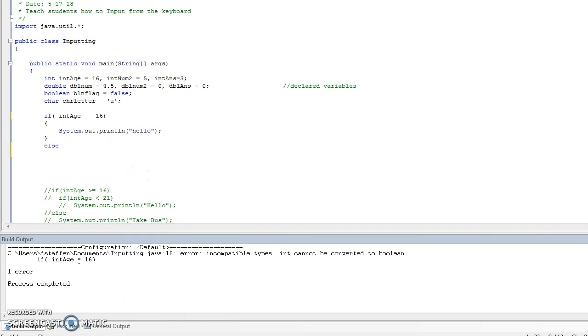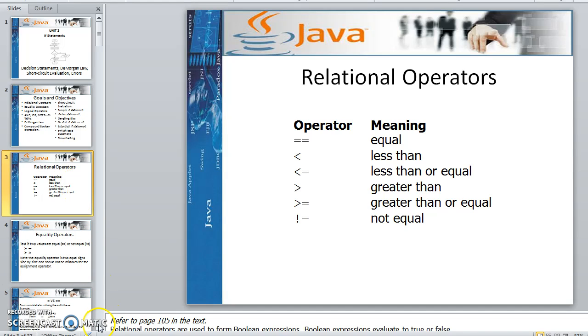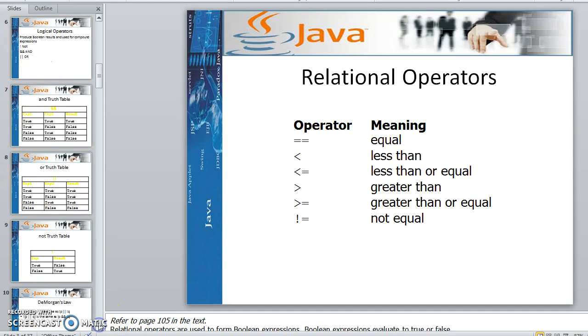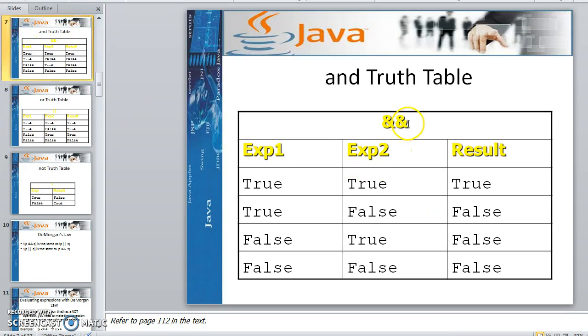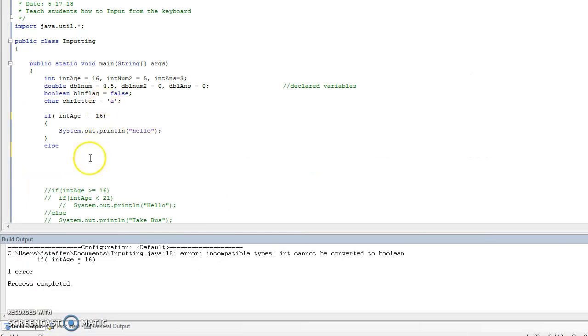We're going to talk about truth tables fast. Truth tables start with the and. For and, we use the ampersand sign, two of them. Basically it's saying this expression and this expression, if they're both true, the result is true. Let me give you an example. If int age is greater than 16,